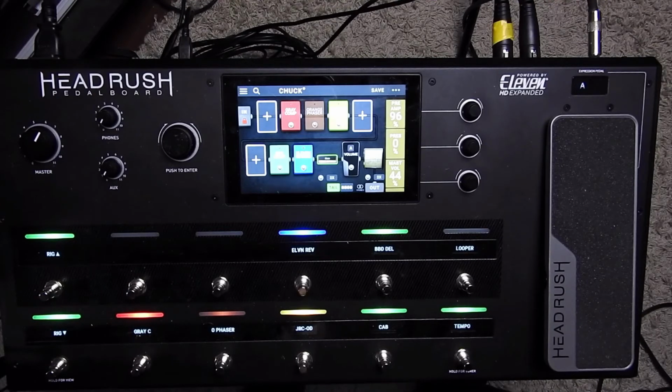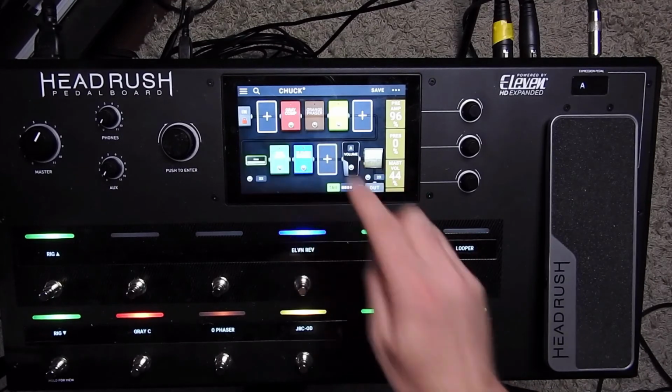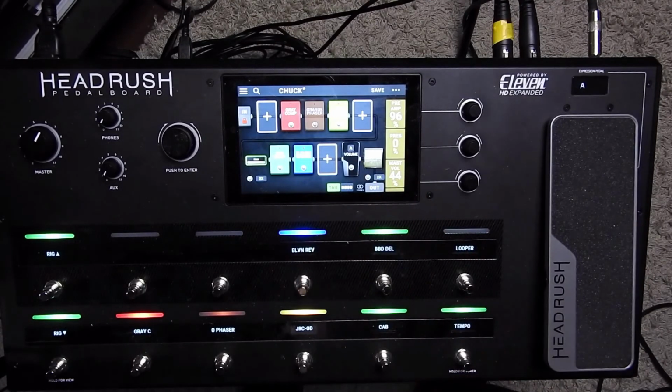So see how loud and in your face it is versus coming after the amp? See, it's a lot less volume. So it's very interesting